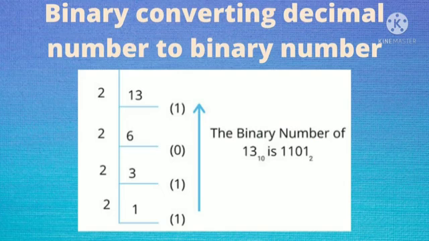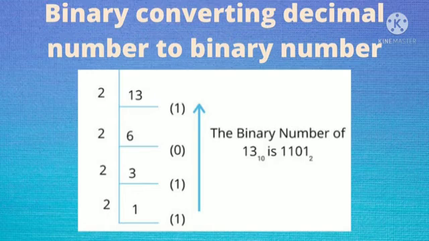Here you can see a number 13. This number 13 is a decimal number. You have to convert it into binary. In the 13, they have divided it by 2. So divide by 2 and keep writing the remainder on the right side, until we get the answer 0 or 1. As we keep doing that, the answer is now 1101. You have to see this answer from bottom to top. So the answer is 1101.